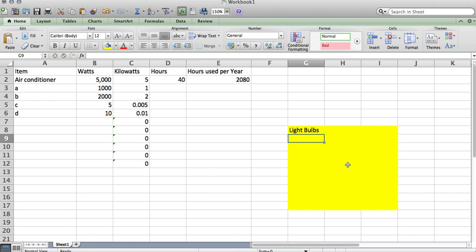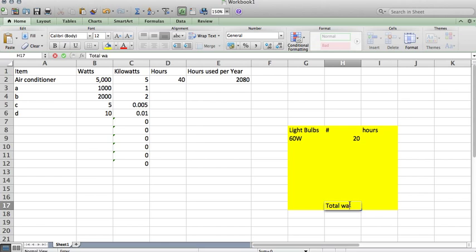And so you're going to get all your light bulbs in your house. Like maybe you have a bunch of 60 watters, and you have 20 of those hours, and you're going to do a little spreadsheet here of all the light bulbs in your house, and you'll calculate it to a final number, total kilowatt hours. You'll have it calculate right here, and let's say it's 50,945 kilowatt hours. To keep life simple up here, you have light bulbs,